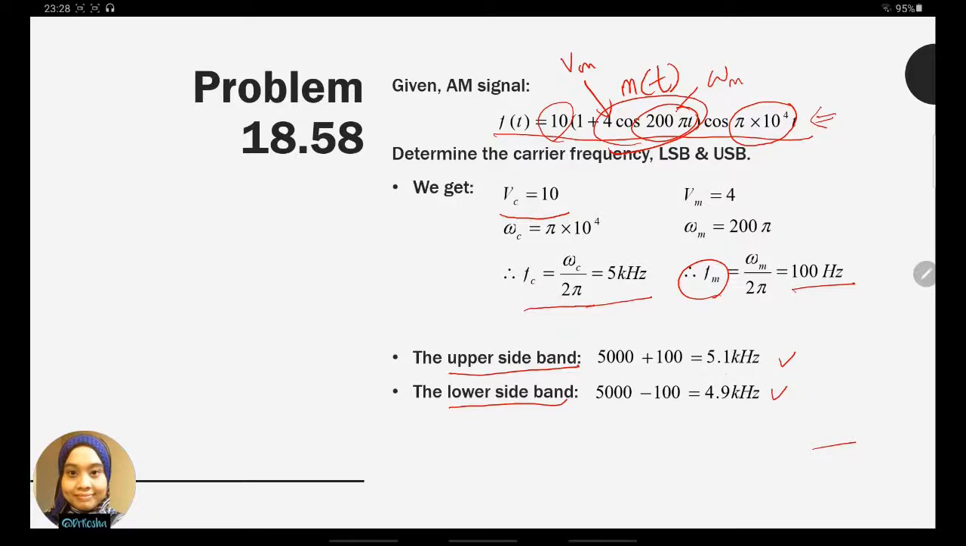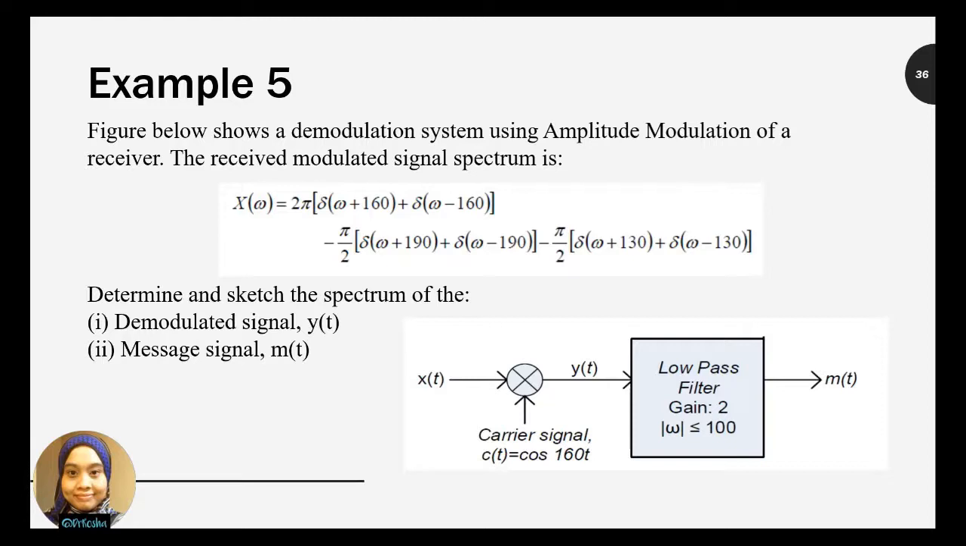Okay, next example is how you can find the equation of the modulated signal y(t) and also the message signal m(t), or modulating signal. Given in the example here is a figure with signal x(t) and also the carrier signal, with the equation already given, c(t) equal to cos 160t. This is the modulating or demodulation process, and the output will be represented by y(t),